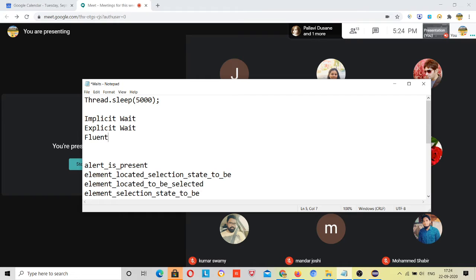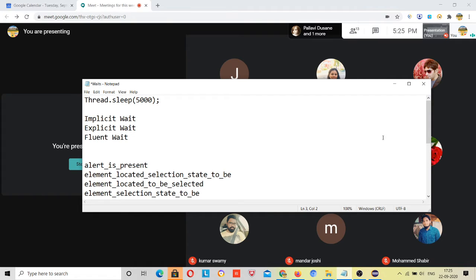and for fluent wait I will give the definition, the theoretical part, today, but we will cover it in detail when we cover TestNG. At that time I don't have to explain again, right? These two waits are enough for now, but because it is part of the syllabus and the interview process, we will cover fluent wait too, at the time of TestNG, and see how we can apply it. So let's understand what implicit wait, explicit wait, and fluent wait are.